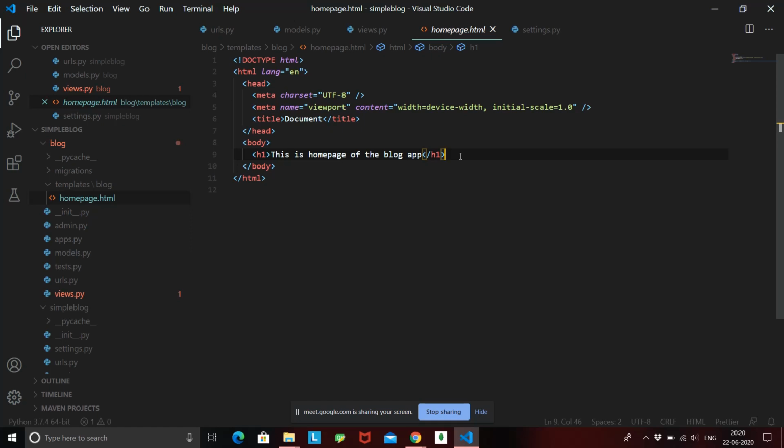So now how can we write a for loop inside an HTML page? This is not a Python page, this is an HTML page, right? So in order to write Python code inside an HTML page, there is a syntax, and the syntax is like this. Inside curly braces, percentage, and closing with percentage and curly braces, you can write your Python code. Okay, so now what I'll do is I'll just write for blog in all blogs.